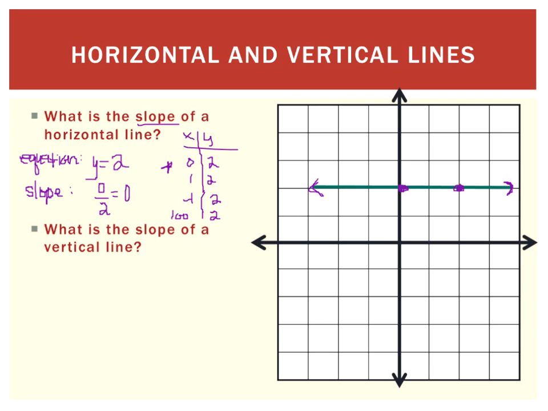And again, I could choose any points on here. And I'd see that I'd have a rise of 0 and a run. Well, it's not going to really truly matter because my run could be 2, it could be 7, but 0 divided by that will be 0. Okay? So now conversely, let's take a look at a